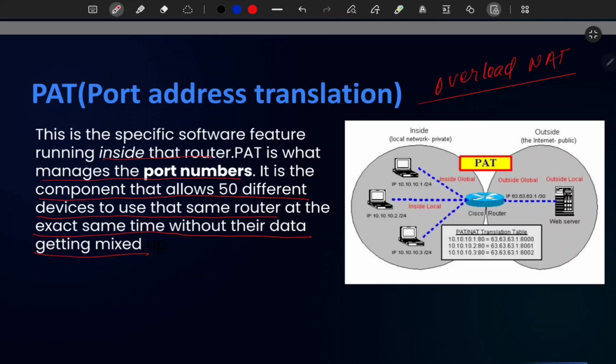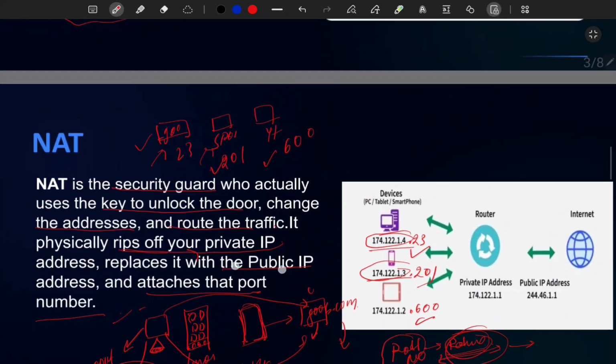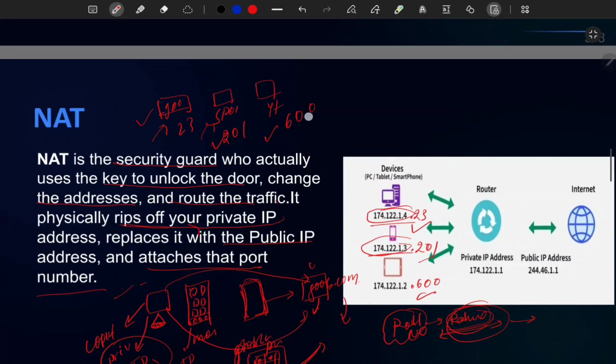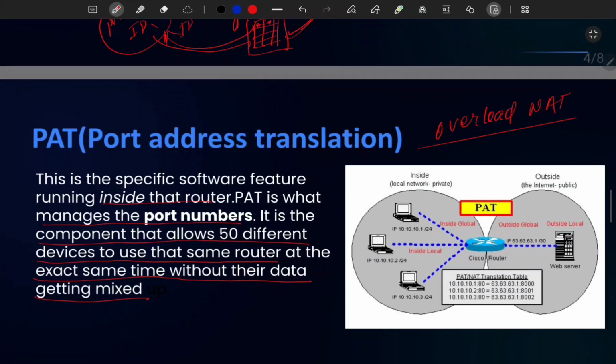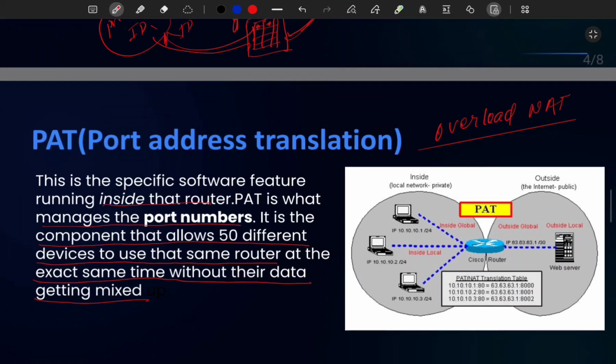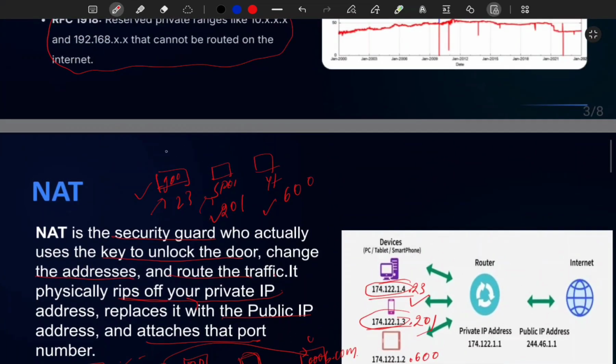So now maybe you are getting a little bit confused, because here it is also not mixing the data, it's also doing PAT, and then NAT is also there. So the port number is deciding. I already explained it. This is the port number which prevents the data from getting mixed. Okay, so there is one device or software inside the router which stores one table of the port numbers. Suppose here you are running only three tabs, tab 1, tab 2, tab 3. Port numbers are already assigned.